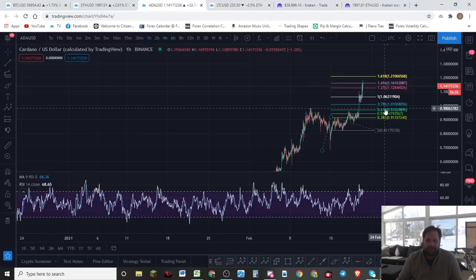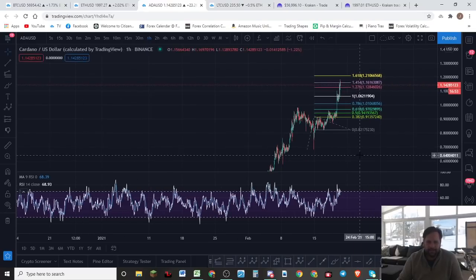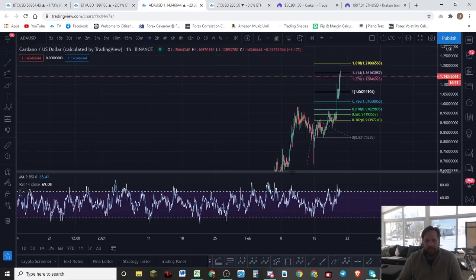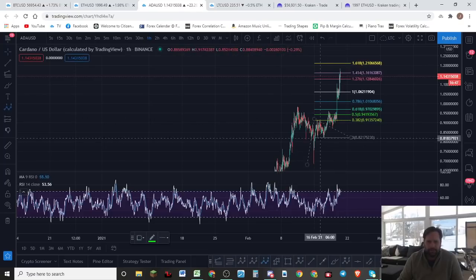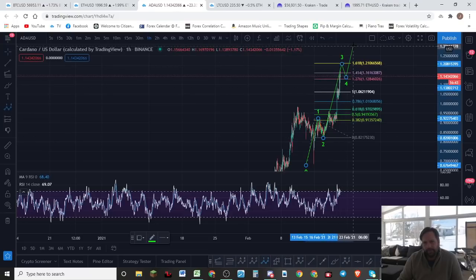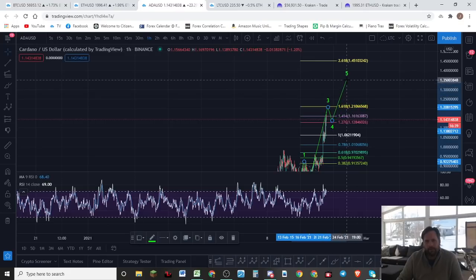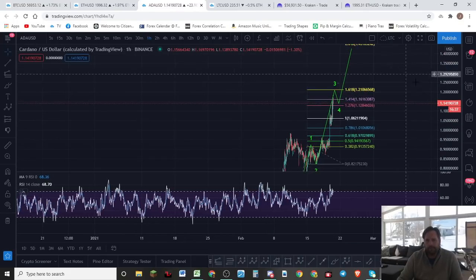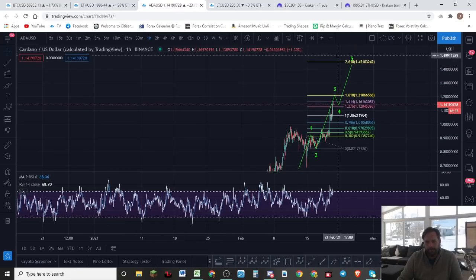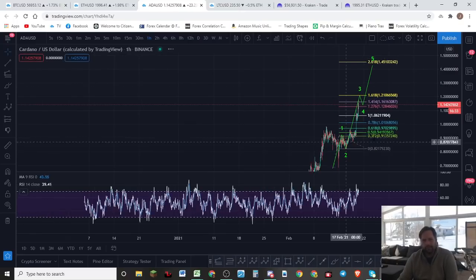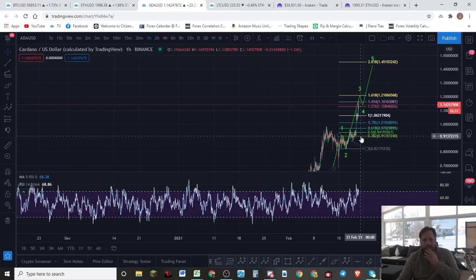ADA, guys. ADA is looking beautiful, but we're on our last pump, most likely. Looking for a 5-wave move here. I want to see the 5-wave move finish around between 125 and 150. Looking for something like this. Yeah, right around here, between 125 and 150, somewhere in this region right here. We're looking for ADA to finish its move. Okay, but ADA is fizzling out, so be careful, guys.